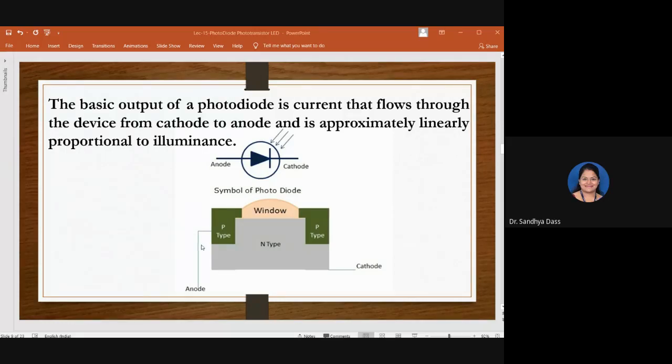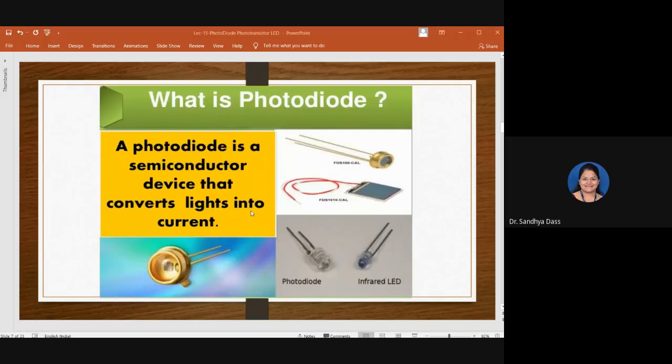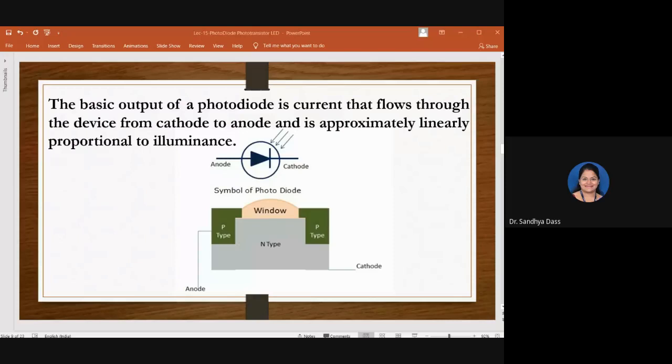isn't it? So it consists of this PN junction mounted on, say, a P substrate and is sealed in a metallic case. The junction point is made of a transparent lens, as I mentioned, shown in the previous figure there. And it is the window where the light is exposed to fall. Okay, so as you know, when a PN junction is reverse biased, a very small amount of reverse current flows, right? A reverse current is generated thermally by the electron hole pair in the depletion region of the diode.